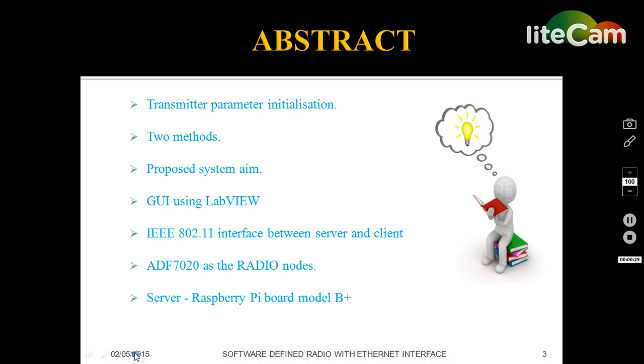Abstract. My project aims to control RF transceivers remotely. To control some transceivers or transmitters, some parameters like frequency, modulation, power levels, data rate, sync word, etc. have to be initialized. There are two methods for parameter setting, local method and remote method. Local method includes setting of parameters manually using knobs and switches on the transmitter itself. A remote method uses computers and other communication means to control and set the parameters without using knobs and other